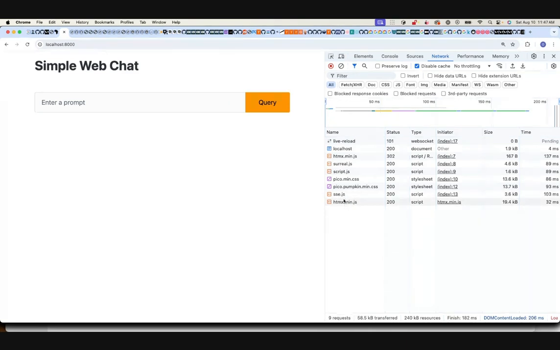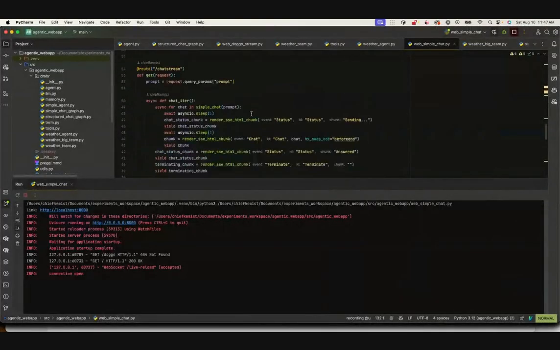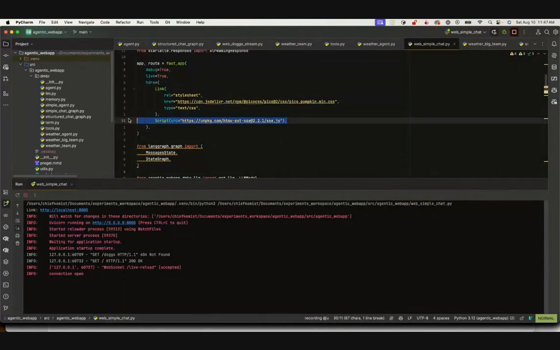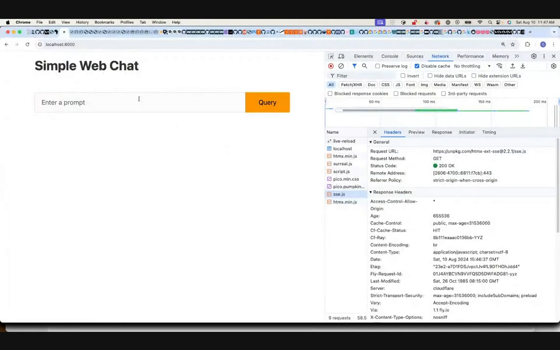But it's also possible to add extra JavaScript libraries or modules. Like in the case of this one, the SSE, I'm the one adding it at the top over here. So this one provides the extension to HTMX that allows to easily establish server-sent events, HTTP connections with the server. Okay, so